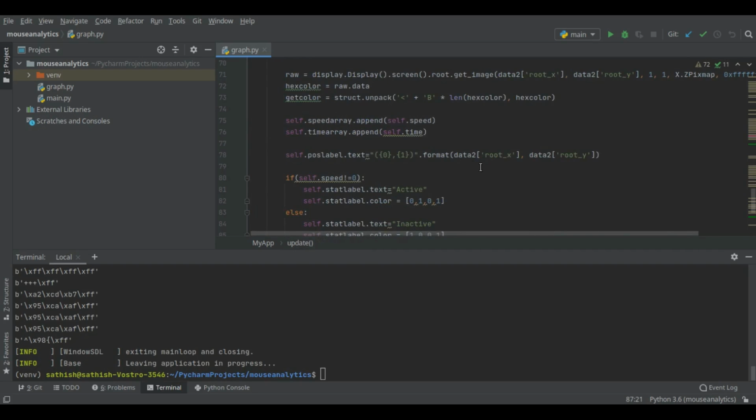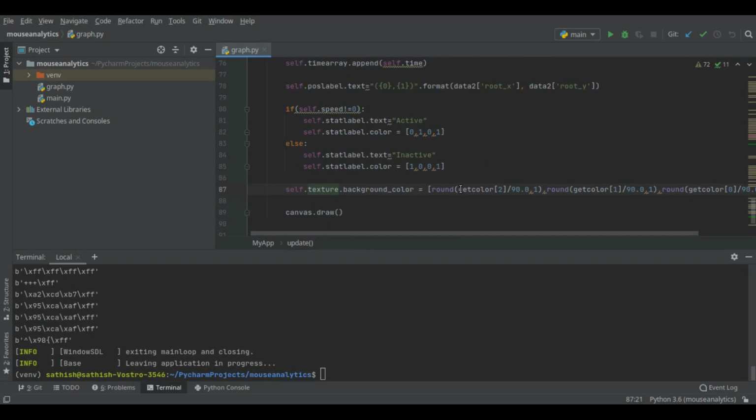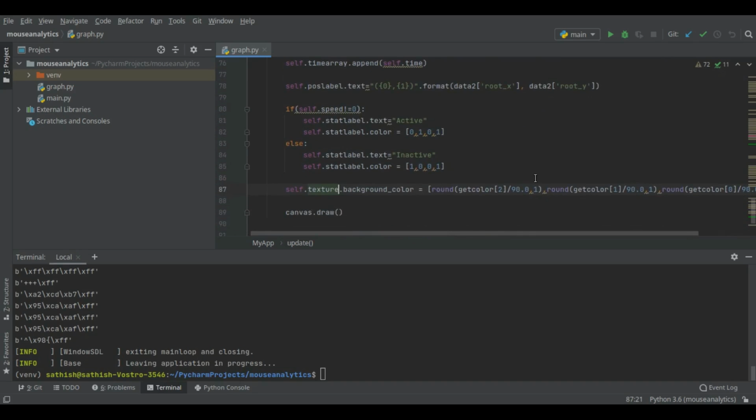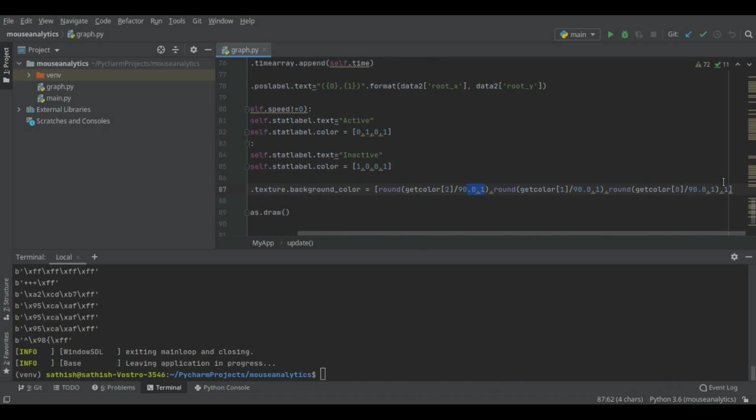We will get the RGB format 255, 255, 255. We want to convert that RGB format into the Kivy color format, zeros and ones. So I divided by their respective values and rounded it to 1. The 4 values will be updated here,